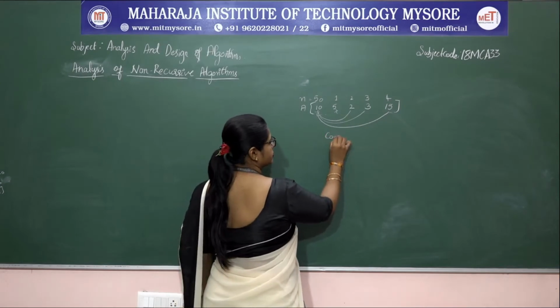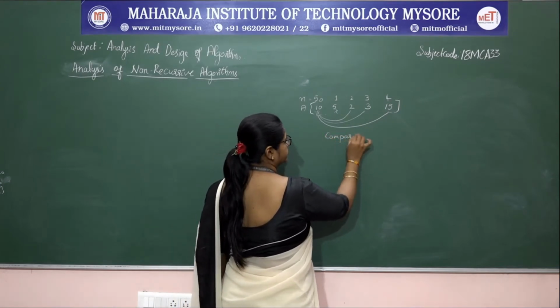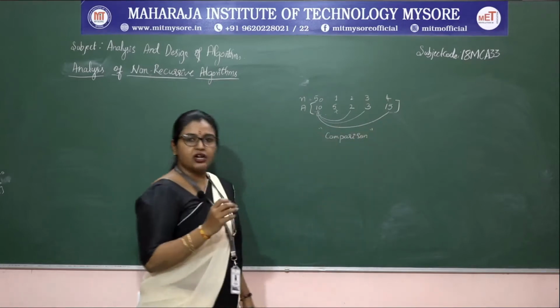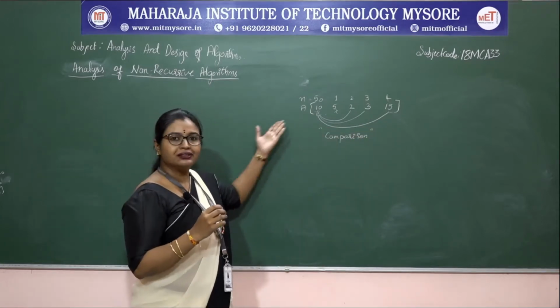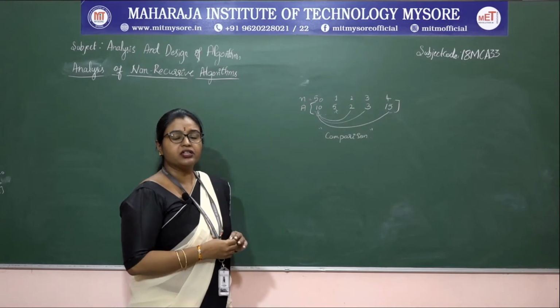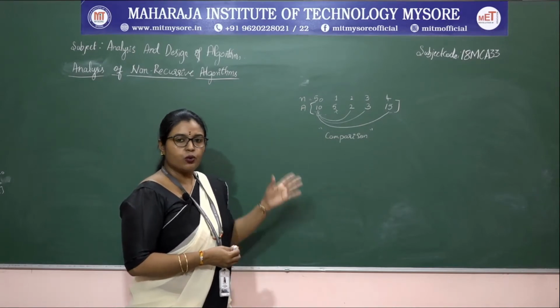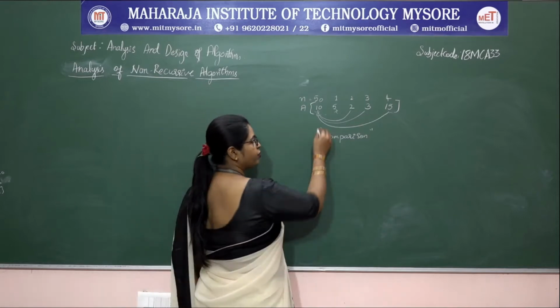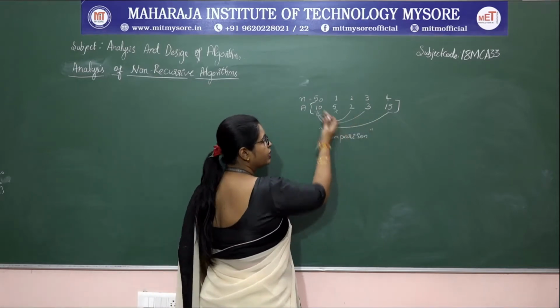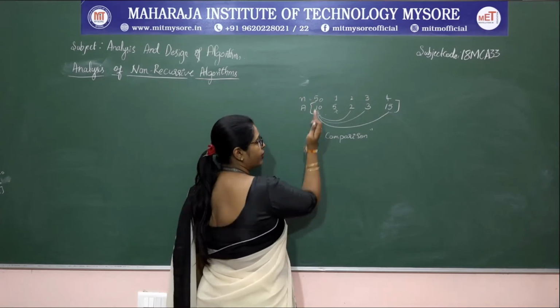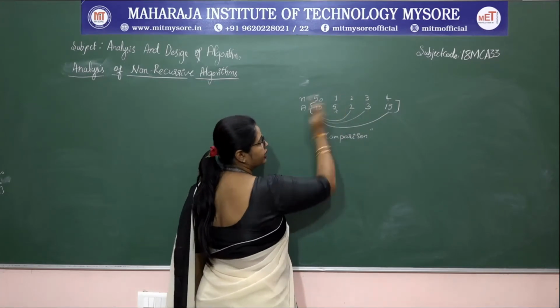So this can be done by comparison. By using the comparison operation we find the largest element in the given list. What comparison operation are we performing, and between what? Between any two numbers: your maximum number and the array number.